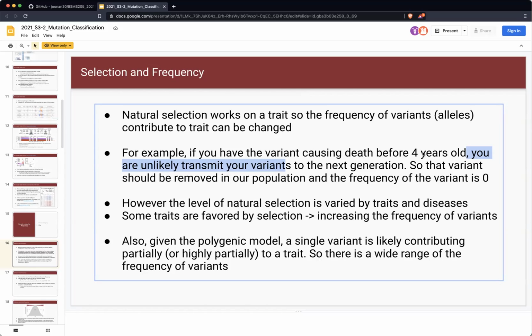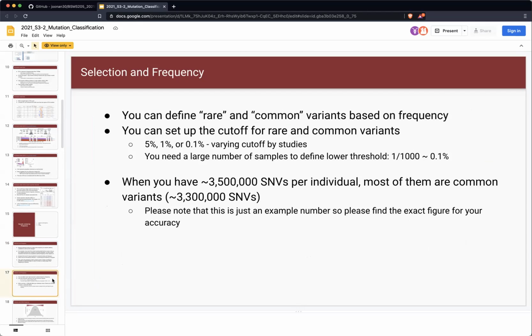In other words, most of the genetic component is additive, right? So that's why a single variant is unlikely to be under strong natural selection, and that's why it segregates to the next generation. Okay, so in this sense, we can think about how we can define rare